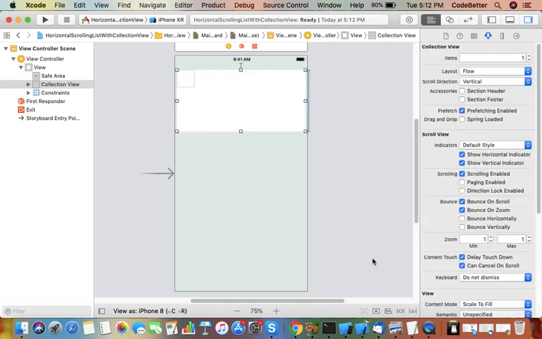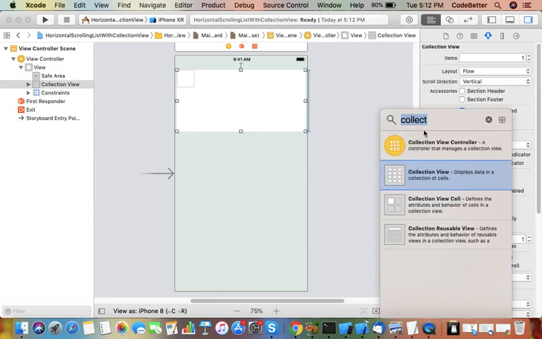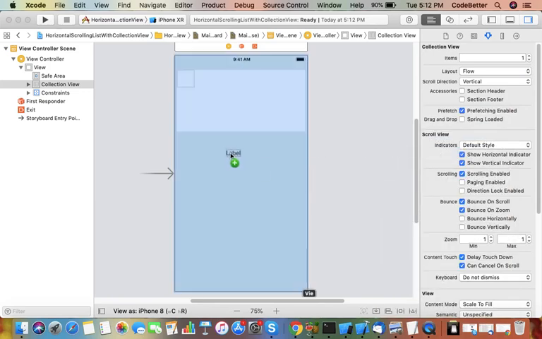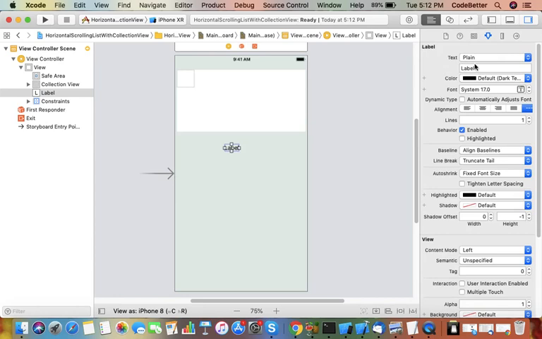Now below it, let's put one label, the item detail label, which we use to display the selected item details. Let's add some constraints to it.